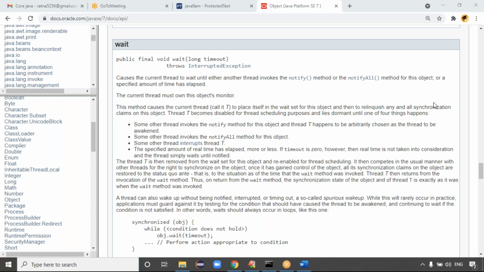Javap space java.lang.Object. Class not found. java.lang.Object, capital O. Okay.